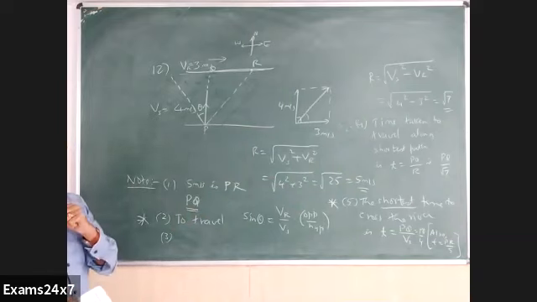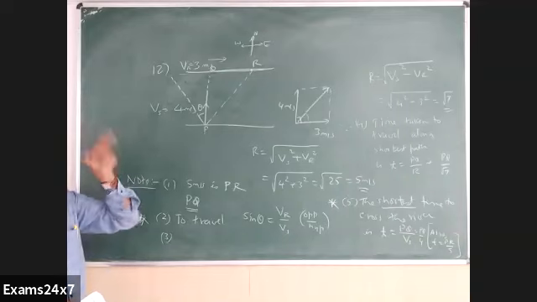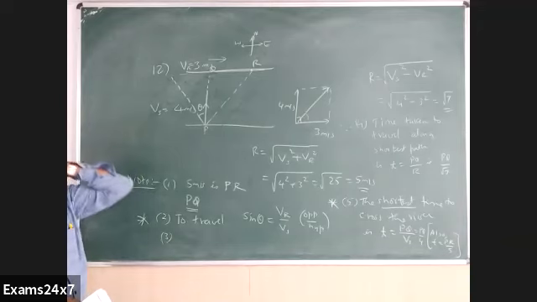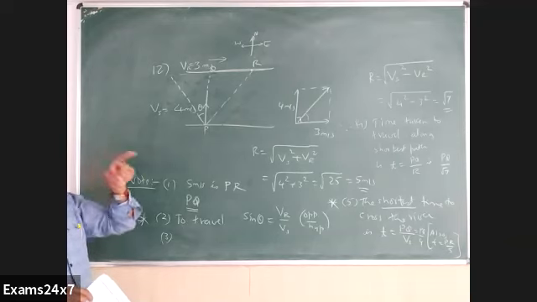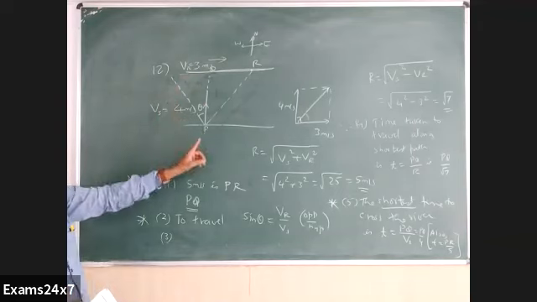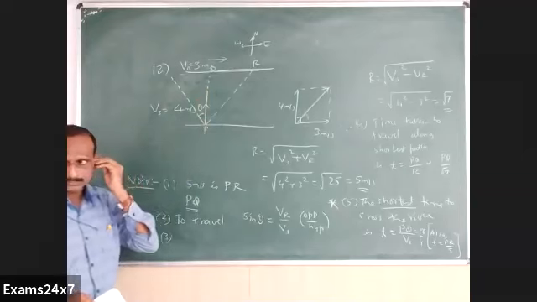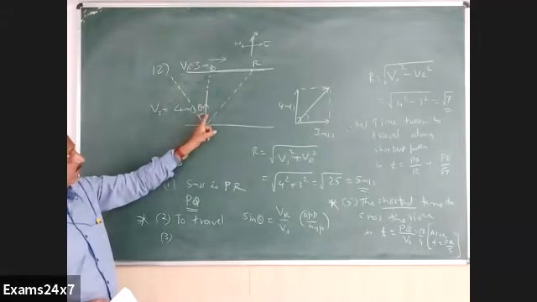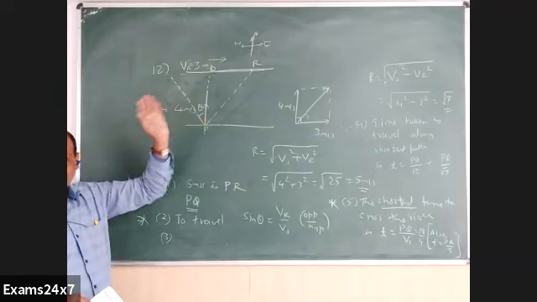So how he has to go for shortest time? How he should aim? Straight. Straight he has to aim. He will end up along PR. Then he will go with the shortest time in that case. Shortest path, he has to aim like this. So somewhat connected they are. When he aims this way, he will go here. When he aims here, he will go along this path. Are these two angles same, this and this one? They are not same actually. It looks same in my figure, but they are different angles actually.